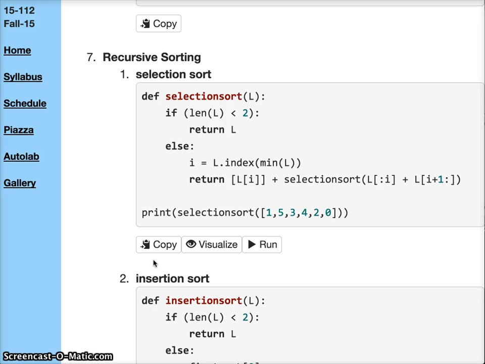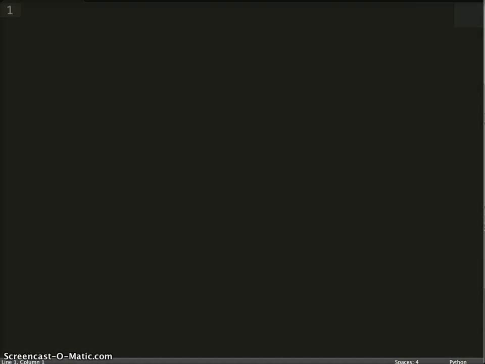Now, remember when we talked about selection sort, we said, let's look at an example list. Let's say I want to selection sort this list. Now, what I want to do is essentially get the max, or let's say I want to get the minimum, so I'm going to get the min. So actually, let's change this to a 6. So the min of this list is a 3. So I pull out that 3,